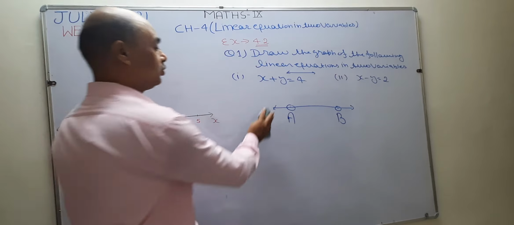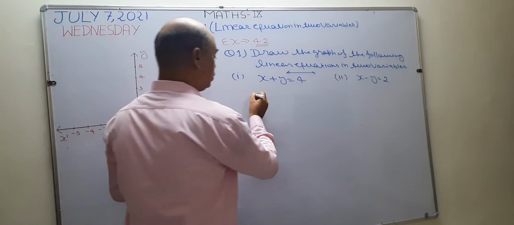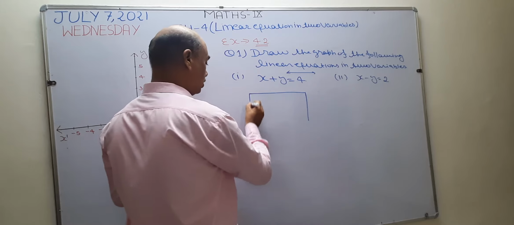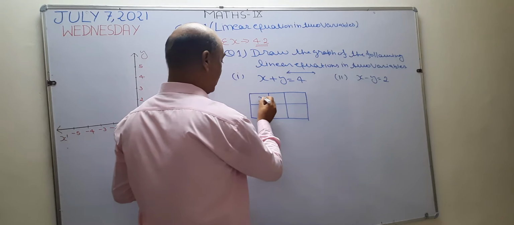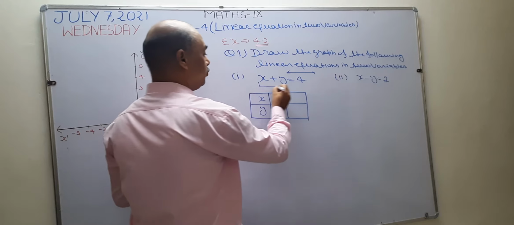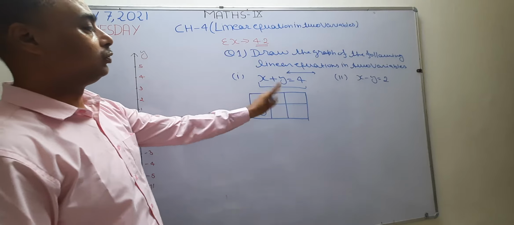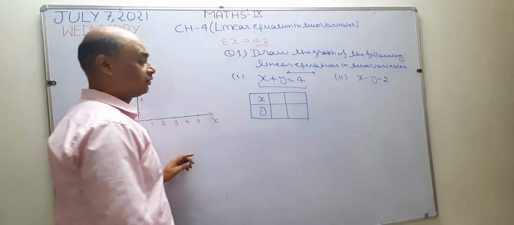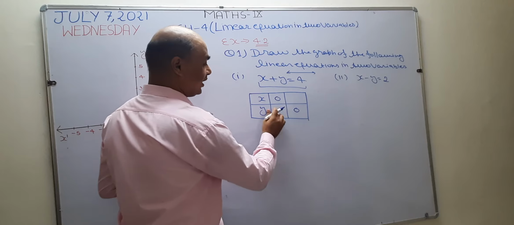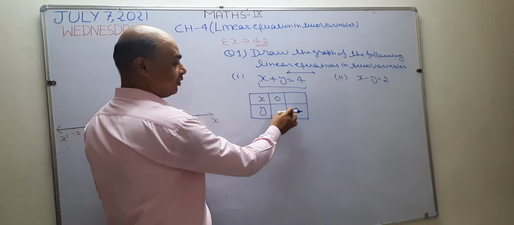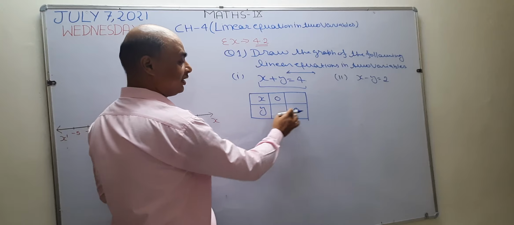Now see how I am going to find the values. For finding at least two values, I am going to use the 0-0 method. What is the 0-0 method? See on the board. This is a very simple method to draw the graph of any pair of linear equations in two variables. You require at least 2 passing points. I take first x0, after that I take y0. See carefully, I write it diagonally, not upon.